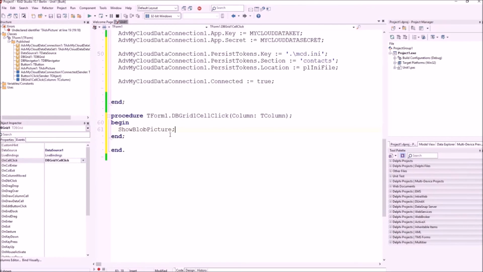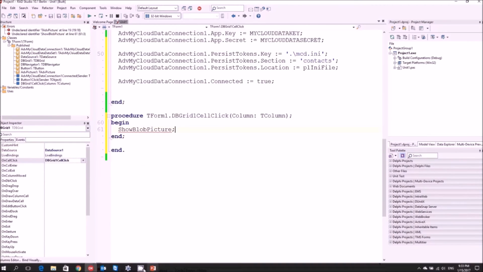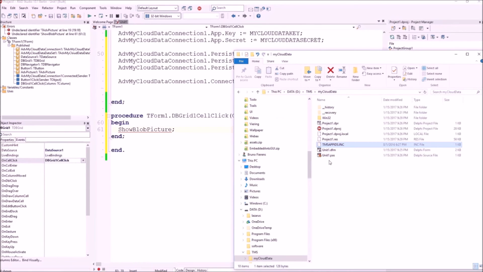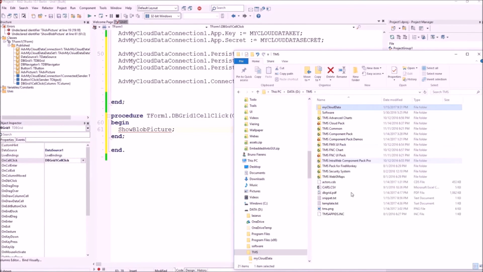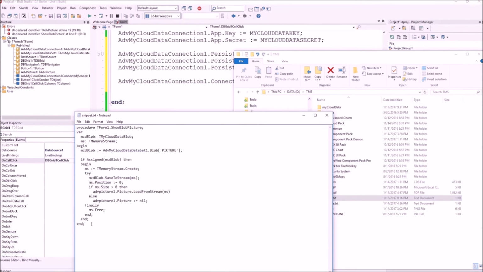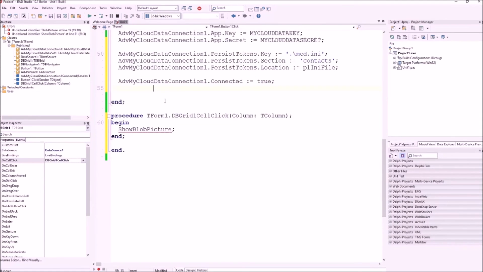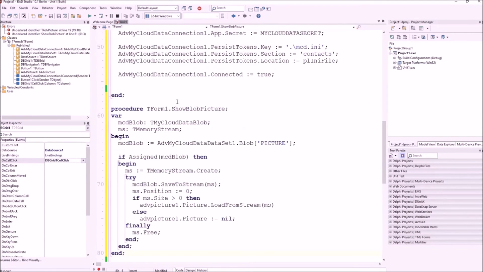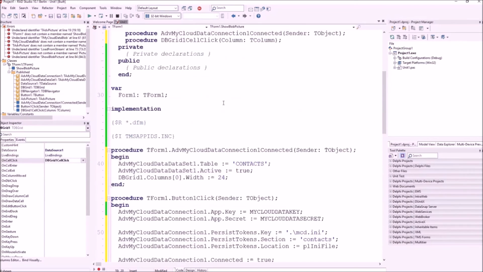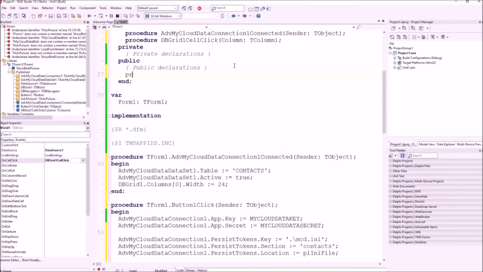I prepared a code snippet to save some time to show that blob picture. This is the code snippet that we'll come to in a moment. Add this method to the form,